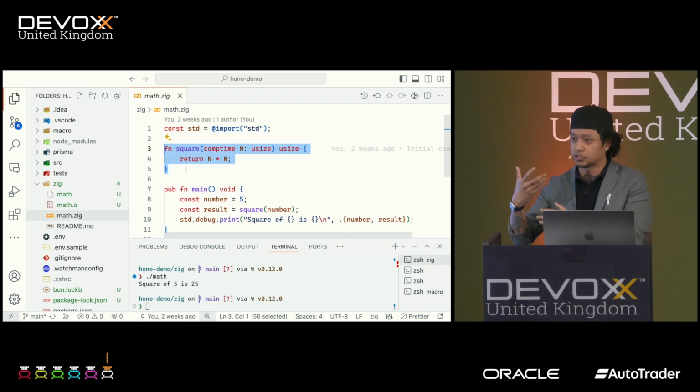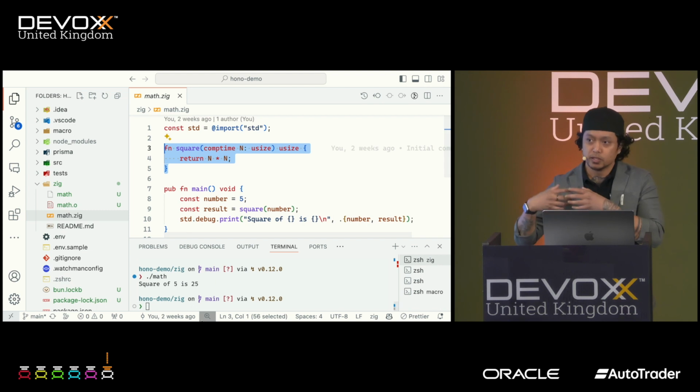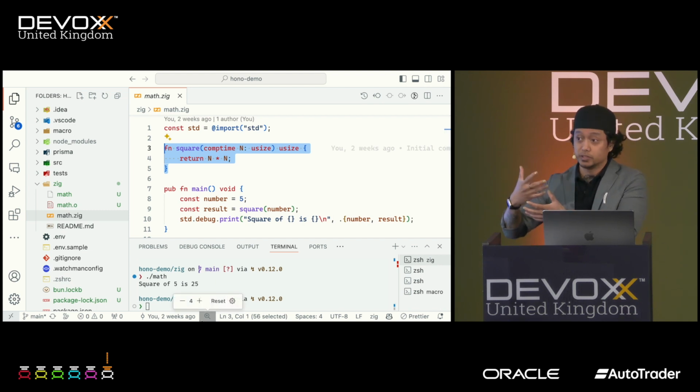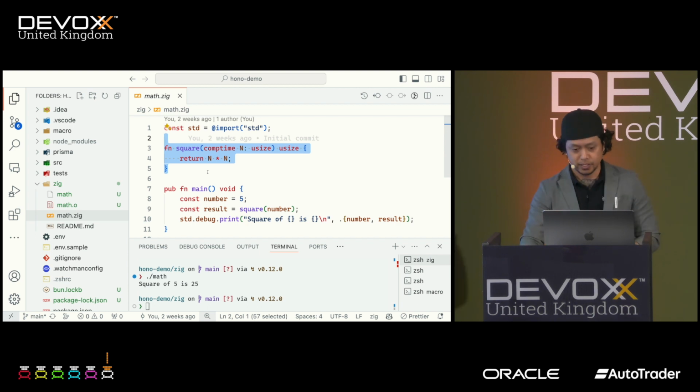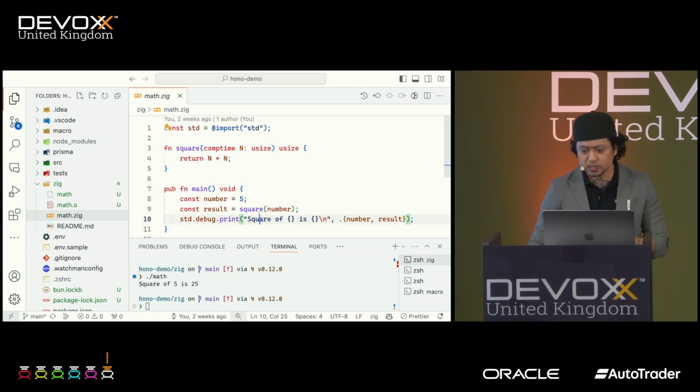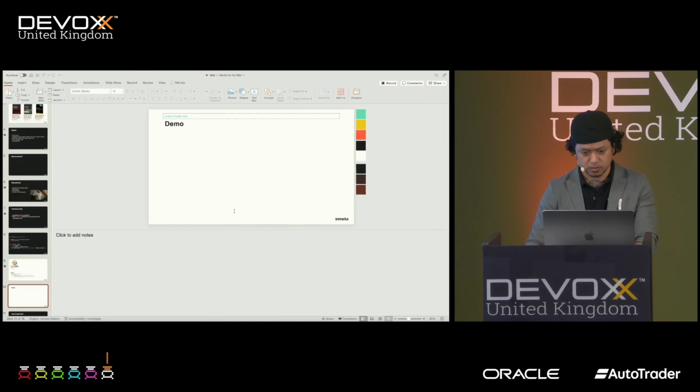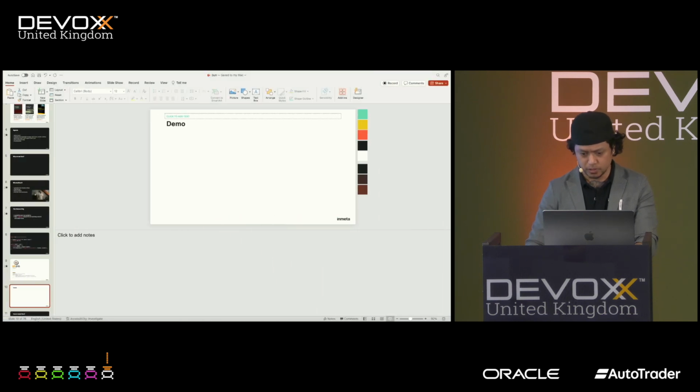Because every time you build something, you bundle something, it also spits out the source code. You minify something and the source code is there. But in this context, we're extracting the result of this function without copying the implementation in the build output. So you're going to see more examples of this later. So we're going to go back to the slides.